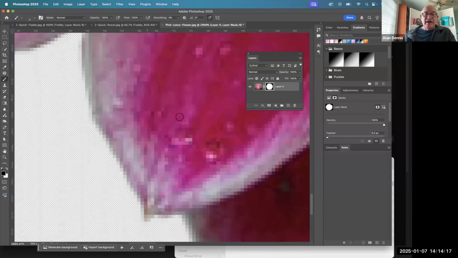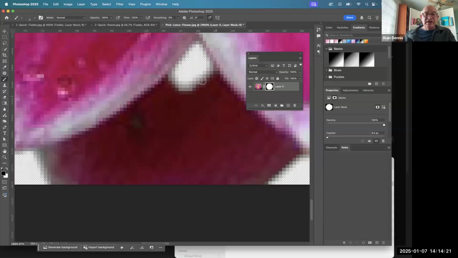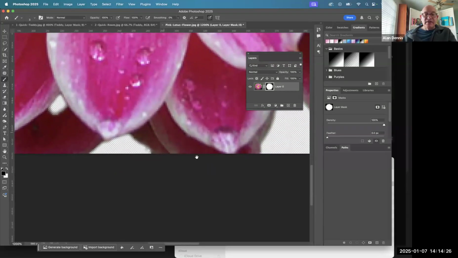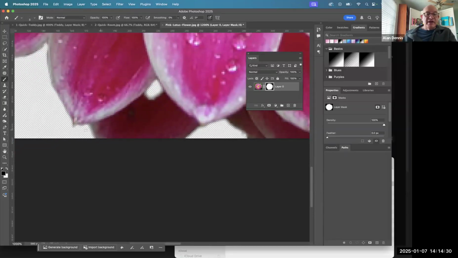And then also at the bottom here, there's some partial leaves, and I don't want partial leaves. So this one here is a partial leaf or a flower petal, and so is this. So I want to get rid of those. I only want full ones. And so I could come in and I'll do the edge area there with a smaller brush, and then I'll